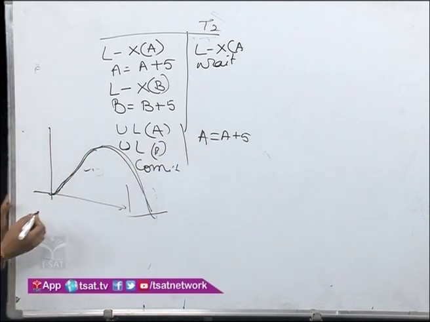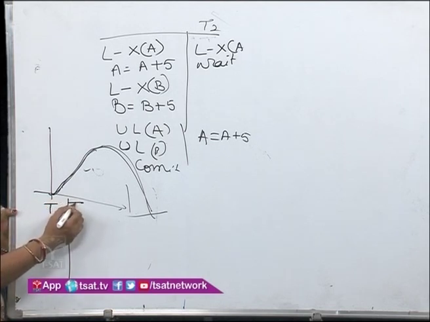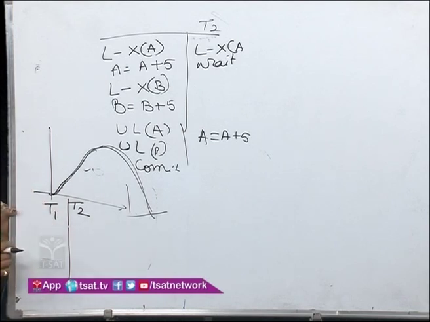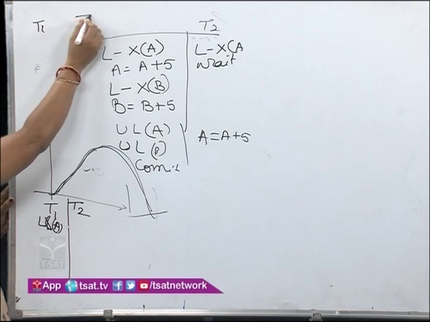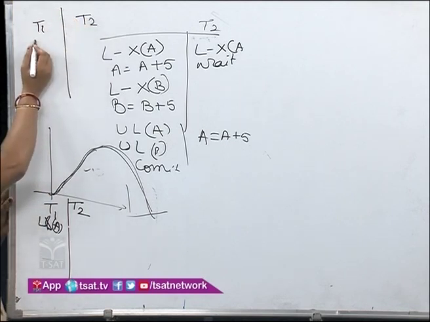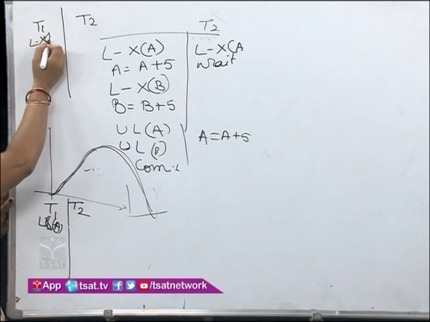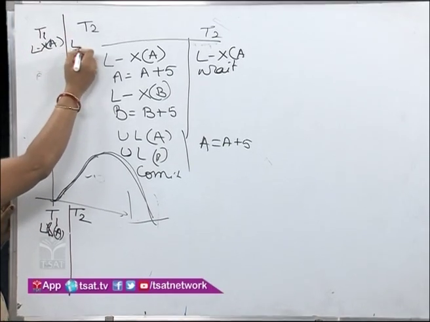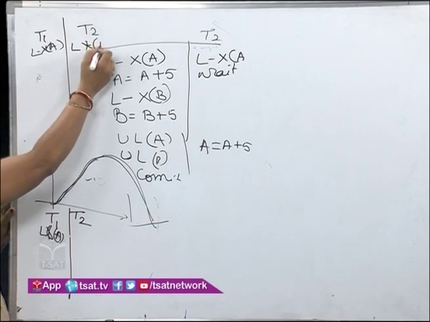So just to see over here, this is transaction T1, one teacher wants to update the marks of two students, A and B. Another teacher is executing transaction T2. She also wants to update the marks of A and B. So what is happening over here is, first this teacher applied an exclusive lock on database object A, because she wants to update it. Transaction T1, transaction T2. First she has applied an exclusive lock on A. At the same time, this teacher has applied an exclusive lock on B.